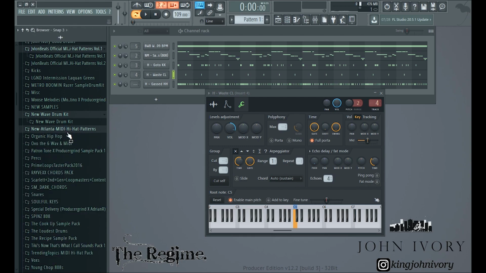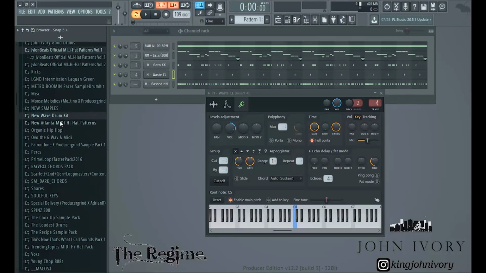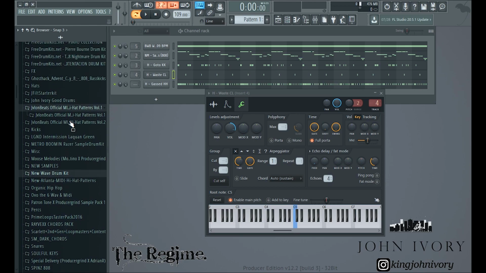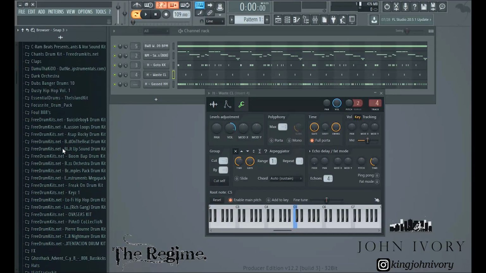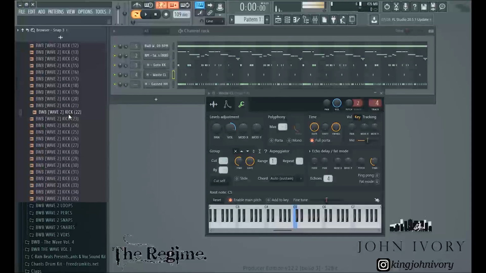I need the kick louder. So let me find another kick. Yo, kick and clap or snare gotta be hitting. That's the main part of your beat sounding powerful. And from there, you can adjust everything else. But I need another kick because